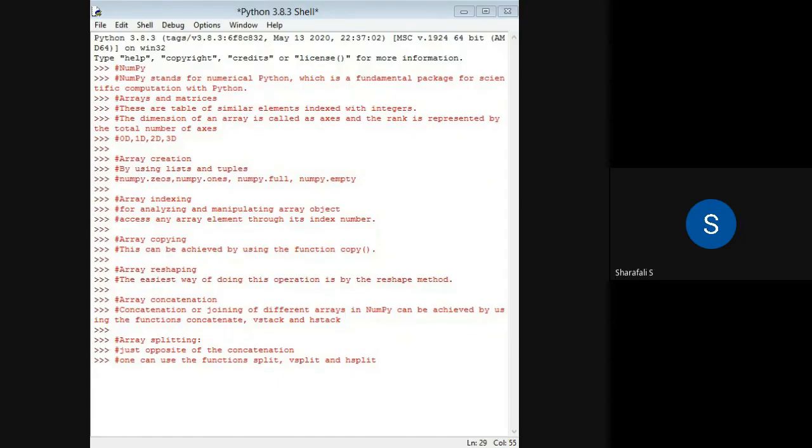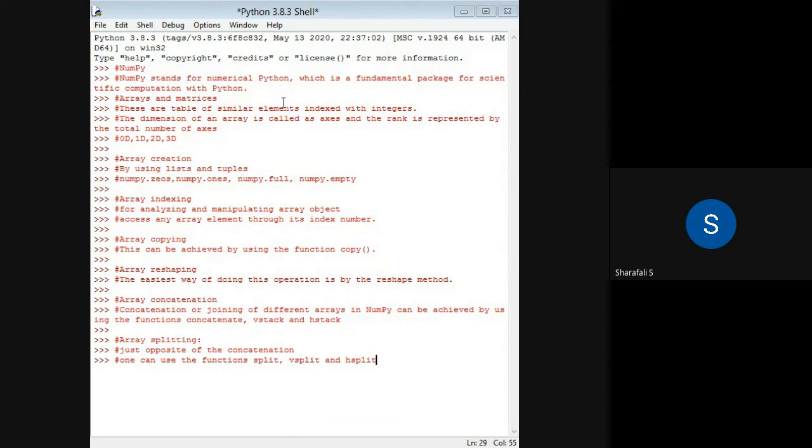In this section, we will be discussing the NumPy module, which is available in Python. NumPy stands for Numerical Python, and it is a fundamental package for scientific computation with Python.